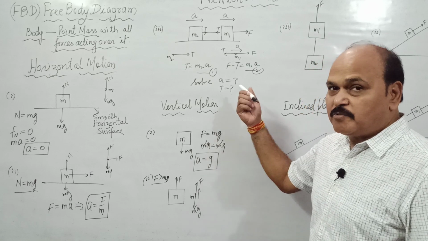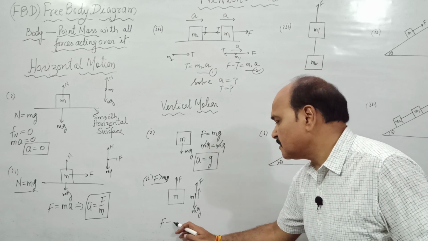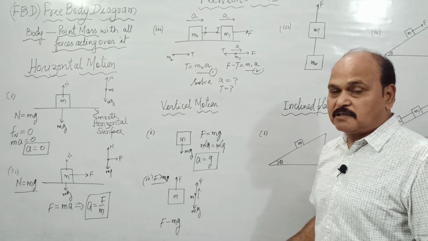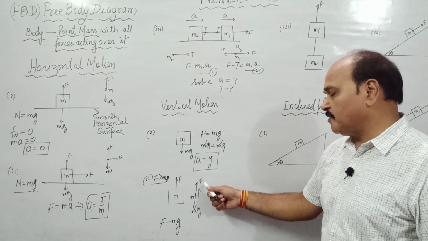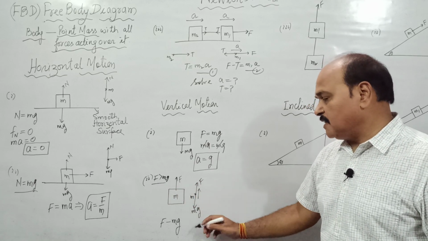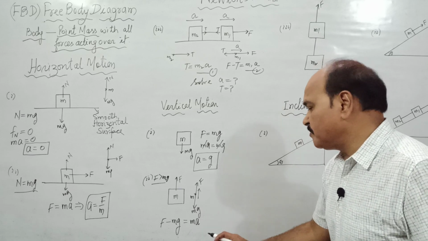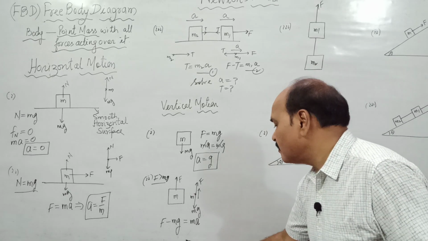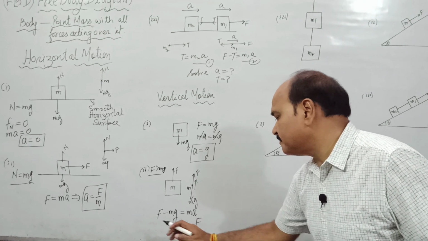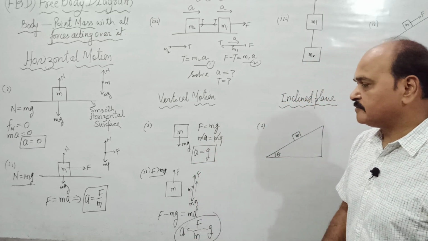And if the body is going to move up, net force on the body is going to be what? F minus mg. The sum of these two antiparallel forces is going to be their difference, and direction is that of the bigger one. And this has to be bigger because the body is moving up. F is greater than mg. So net force is F minus mg, and that is equal to mass of the body into its acceleration. That means the body is going to move up with an acceleration F upon m, just change the side of m, minus g.